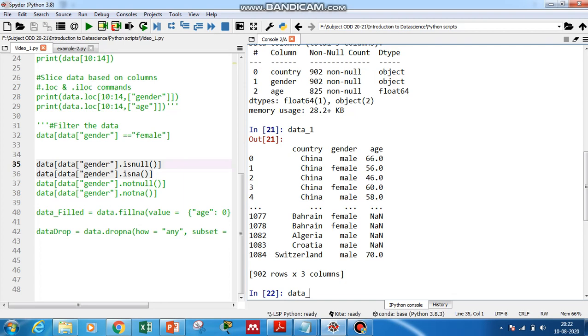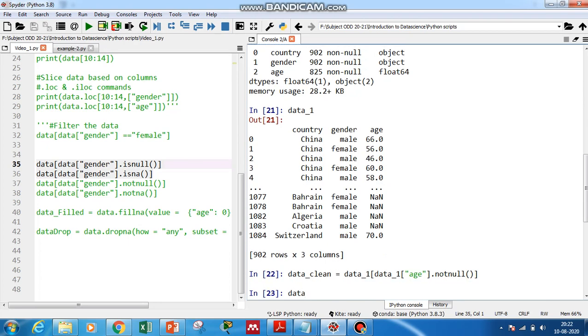Let's say data_clean, the new data set, is data_1 of data_1 of age dot not null. So whichever value is not null under age is stored in the new data set.